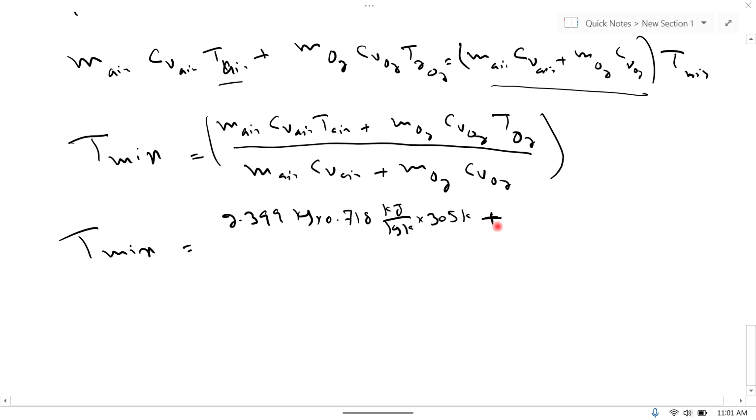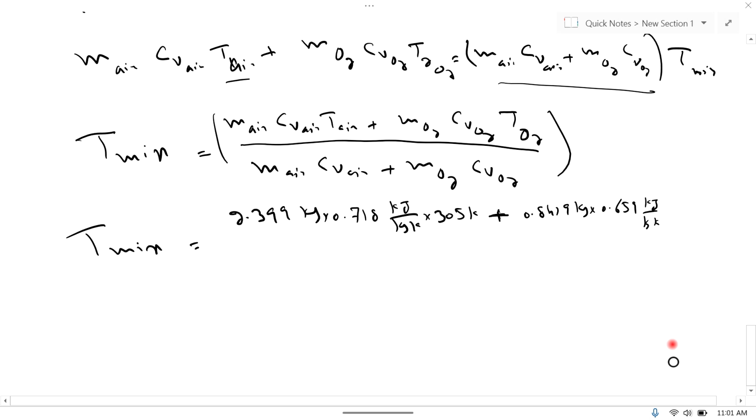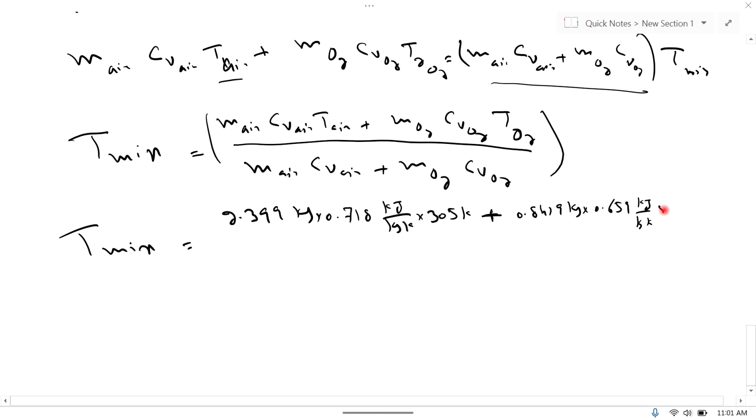Plus, mass of oxygen is 0.8419 kilogram, multiplied by CV of oxygen, 0.659 kilojoule per kilogram per Kelvin. Temperature of oxygen is 288 Kelvin. Divided by mass of air is